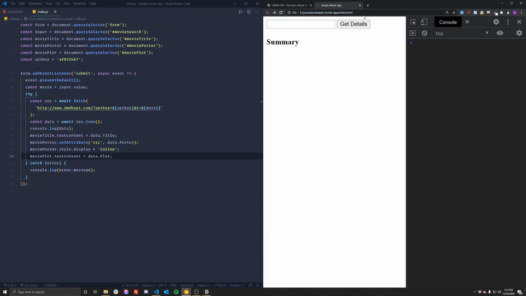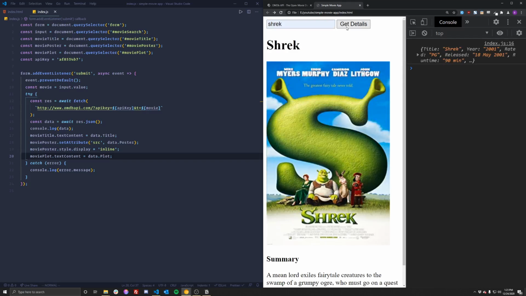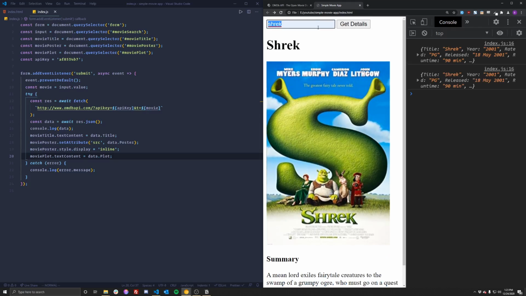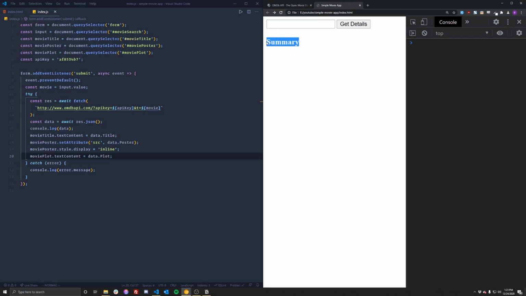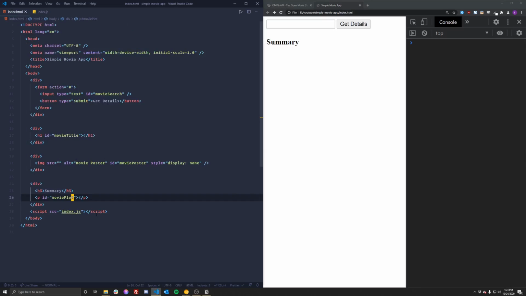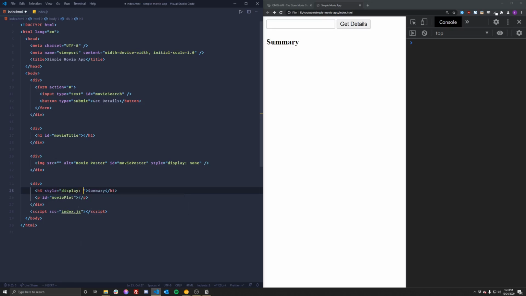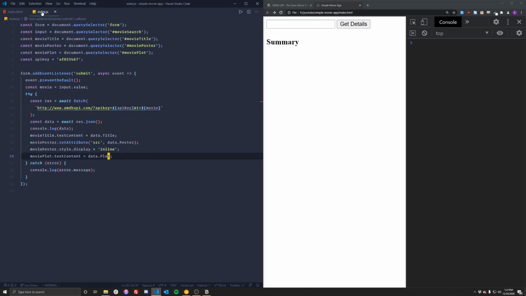So now if we refresh, it's empty. Shrek, get details, we now get it here. Now one thing I don't like is obviously the summary. The summary when we refresh this is here by default. I don't like that. So again, we'll do the same thing where we have the style equal to display none. And then our index.js,